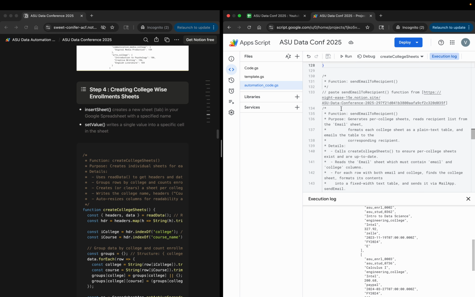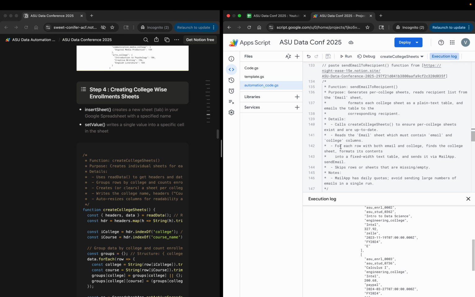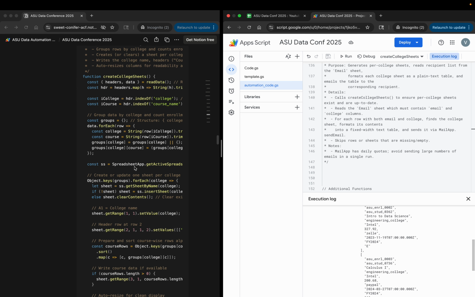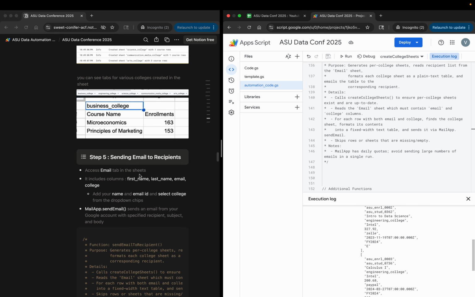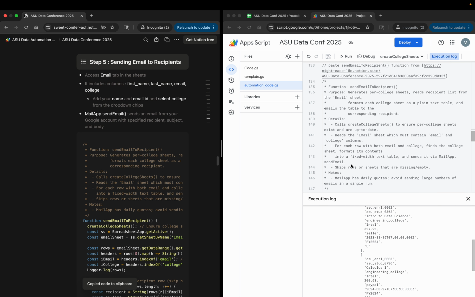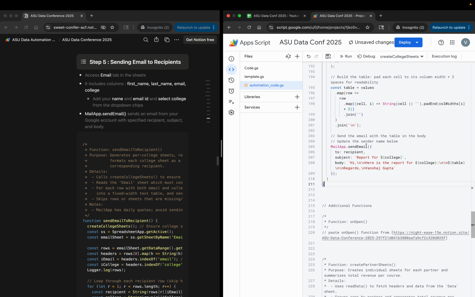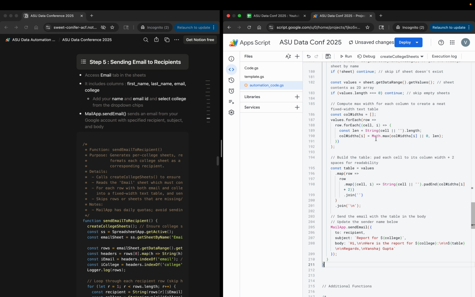to be sent to respective recipient. So what we will do, we will copy this code from step 5, sending email to recipients, and paste it on line 148. After doing this, again I will save the code, but before running this code, what I would like you to